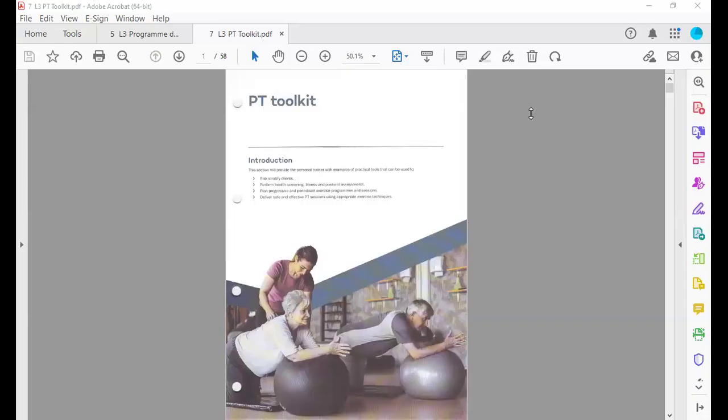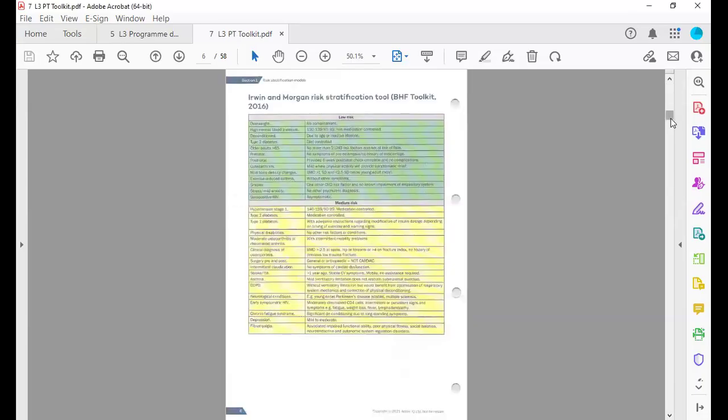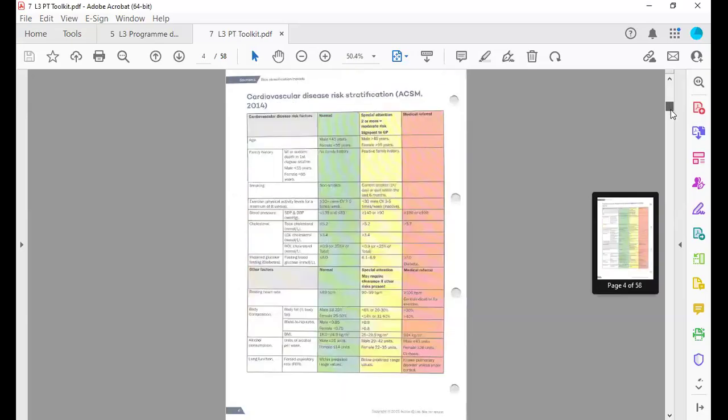So this session will cover the 12-week periodised plan. At this point, you should have spoken to the client, completed the client consultation, and be very comfortable and aware of advanced training methods for CV and resistance, and also have a good understanding of which fitness tests can be used for the client. Within the 12-week plan, it will start off and it will ask you about a risk